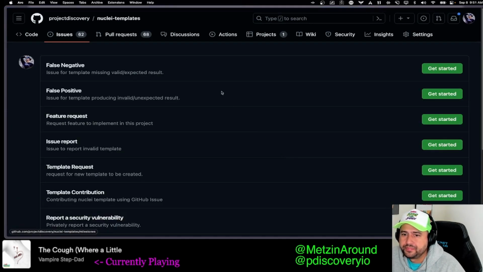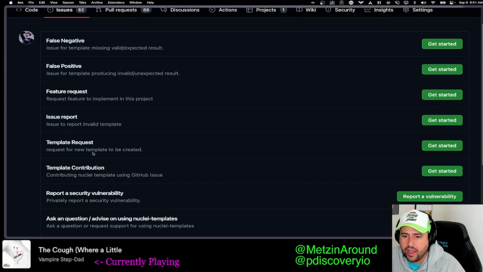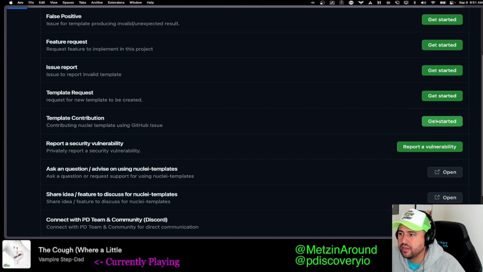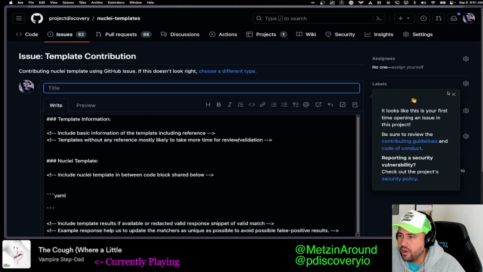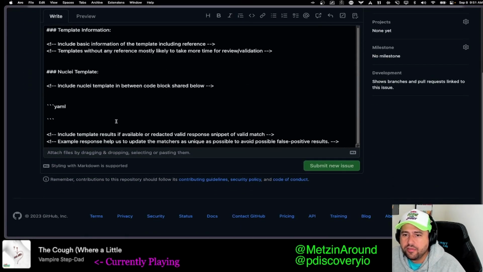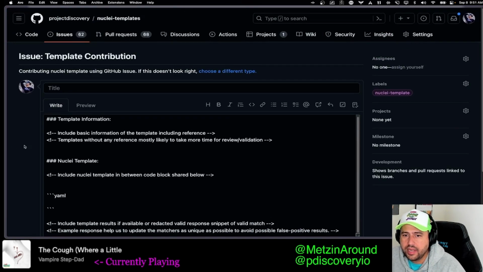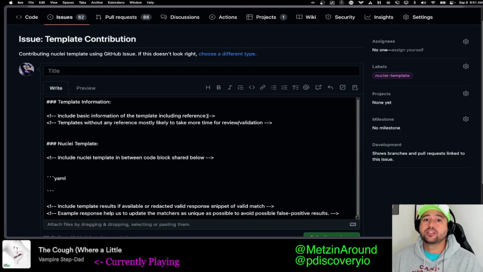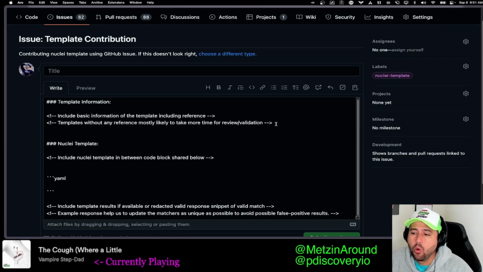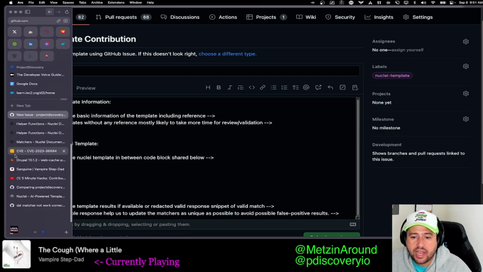new issue, because let's say you have a template contribution, and I wanted to go through some of the information that we want to see you putting in here for your template contribution. So first off, basic information about the template, including the reference, meaning a website that talks about this vulnerability or this issue. Templates without any reference take more time. So if you can include a couple websites here, and remember, inside the template,